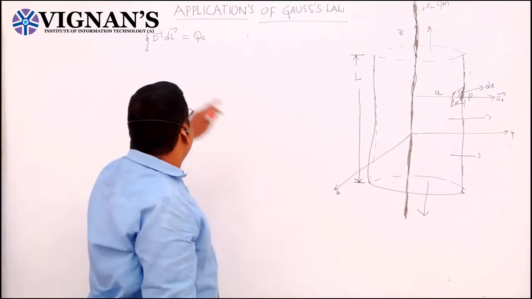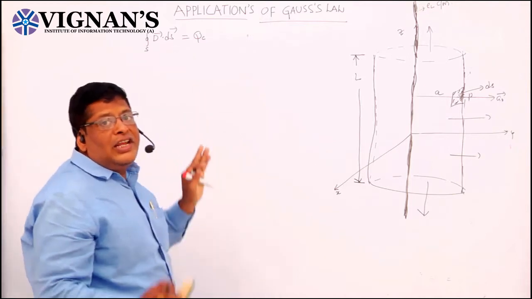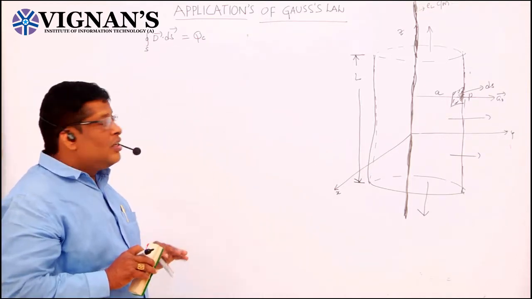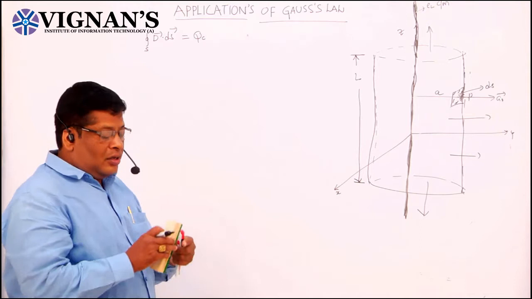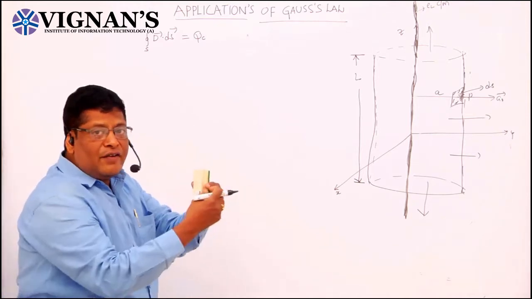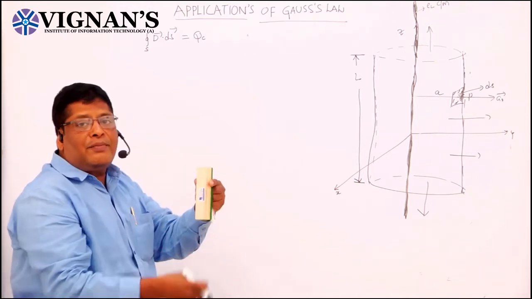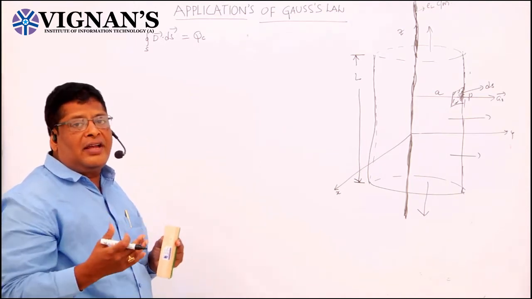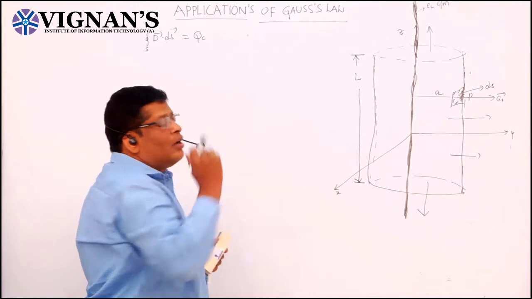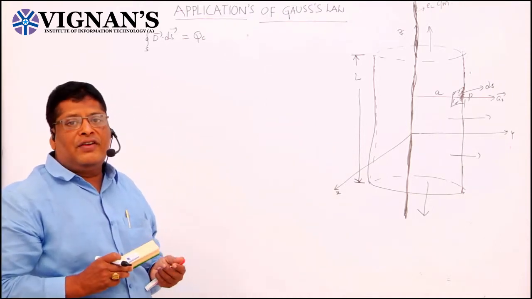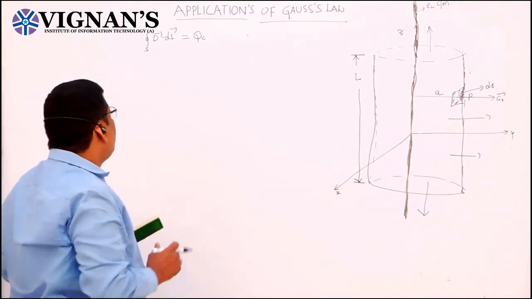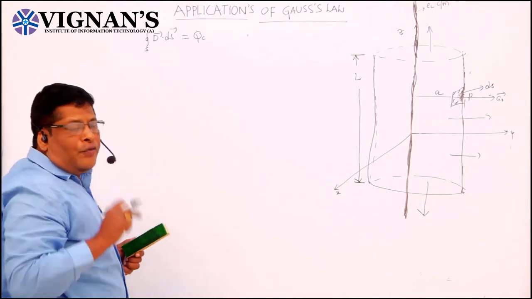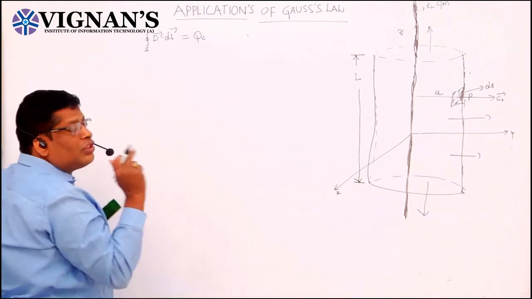That is representing the total flux leaving from the Gaussian surface. In this case, because we have taken the cylinder, how much flux is leaving from the lateral, top as well as the bottom. If we add all the fluxes, then it is nothing but the total flux leaving from the Gaussian surface. So the same integration we are writing as a sum of three integrations.